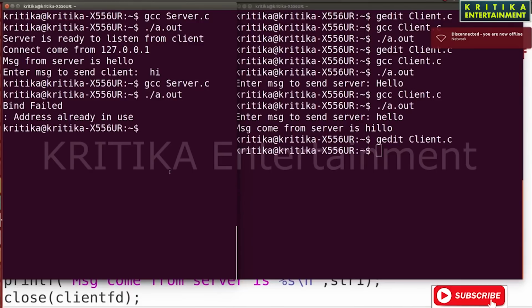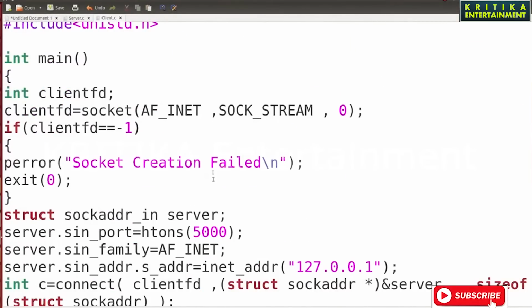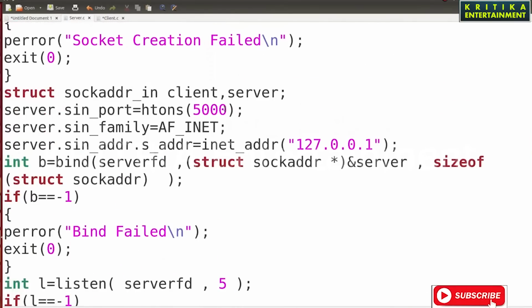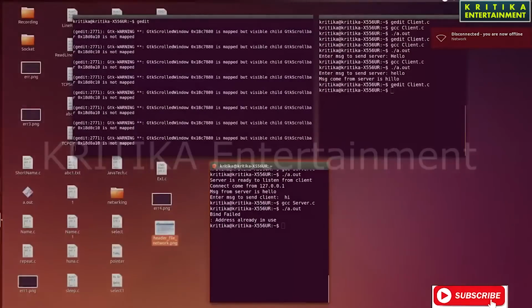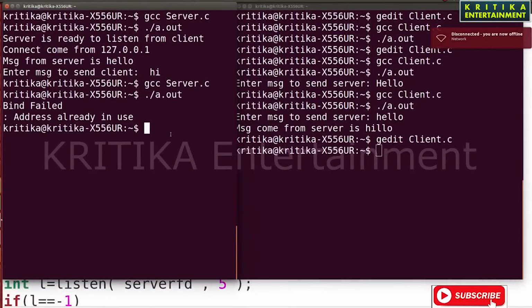This is already in use. So either you wait a minute, or if you do not want to wait a few minutes, then you change your port number, because these ports are used repeatedly by the operating system. So you change the port number, then again try to run this. Okay. Then you see whether it is working or not.